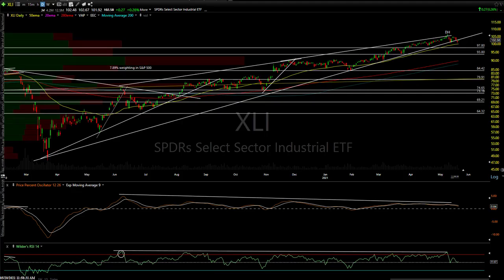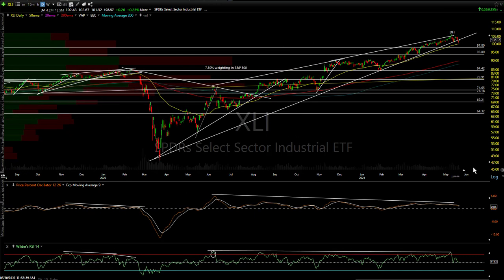Okie dokie, now on to the two sectors that I wanted to talk about, the financials and the industrials. This is my XLK daily chart. This is a busy chart, so I'm going to show you a clean board, but the most important thing is we've been like just about everything out there: divergent highs, growing bigger and bigger, the divergence building.